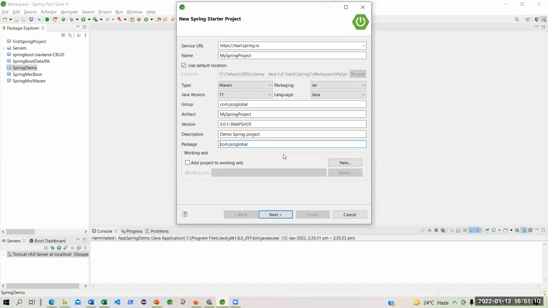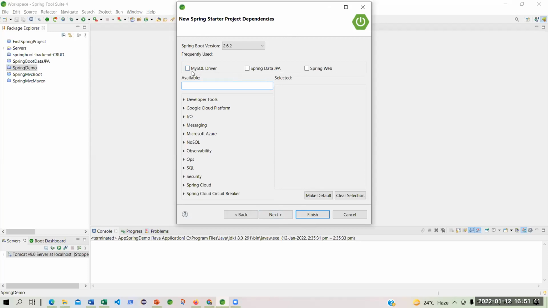Under that SRC, you will see com, and under that com, you will see PCS Global. These are nothing but folders, but in terms of this wizard, it is called a package. And I think you have the concept of package from Java. Yes, sir. So I will say next.